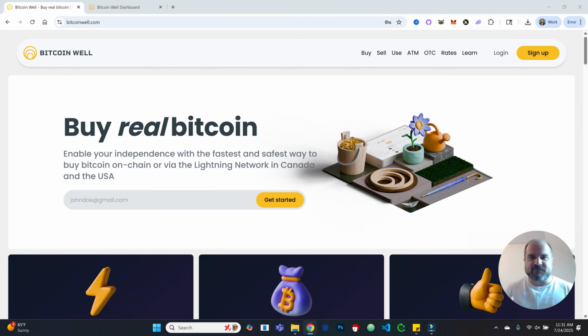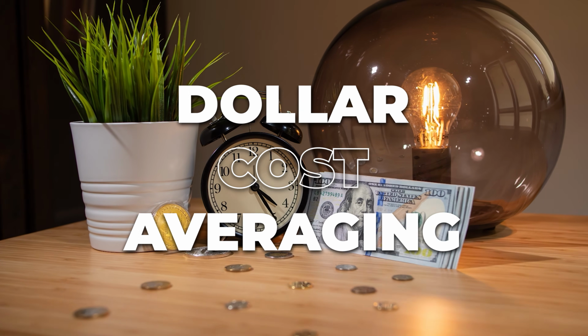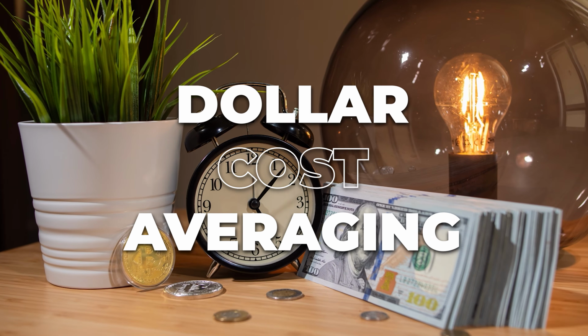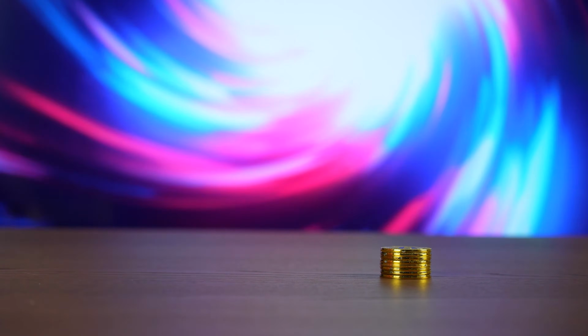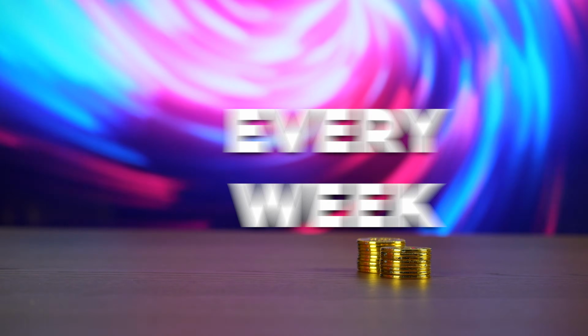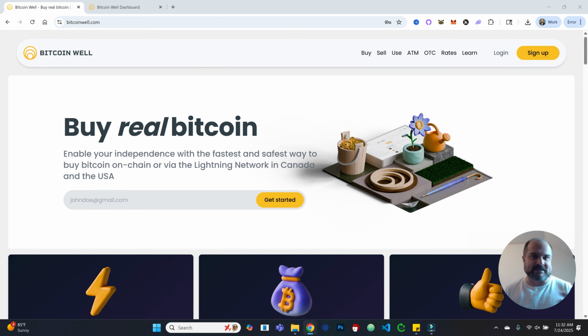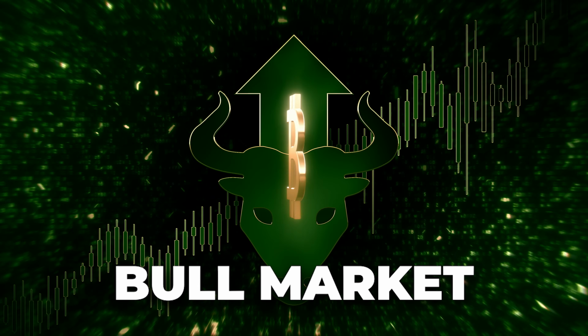One of the most effective strategies for accumulating Bitcoin is also the simplest. Dollar cost averaging. Many of you may have heard of this technique, where you are basically just, on a recurring basis, putting the same fixed amount of fiat in every week, every month, whatever the cadence is, but you're doing it consistently. And this is particularly, I think, even more important during bull markets like where we find ourselves than